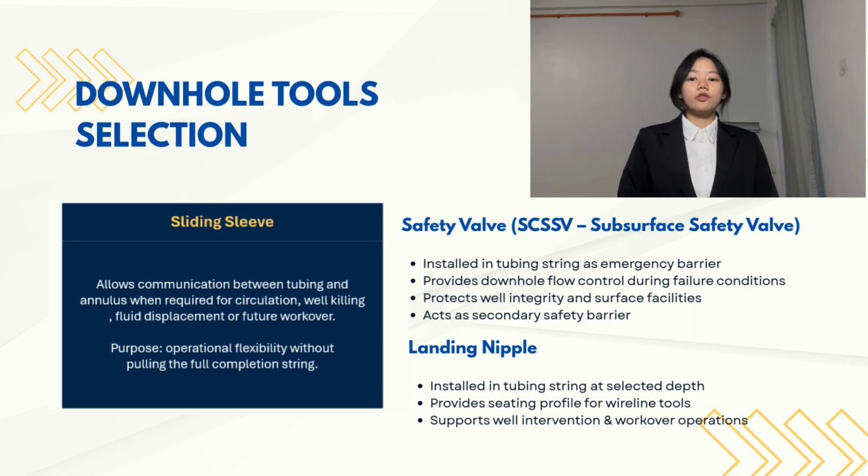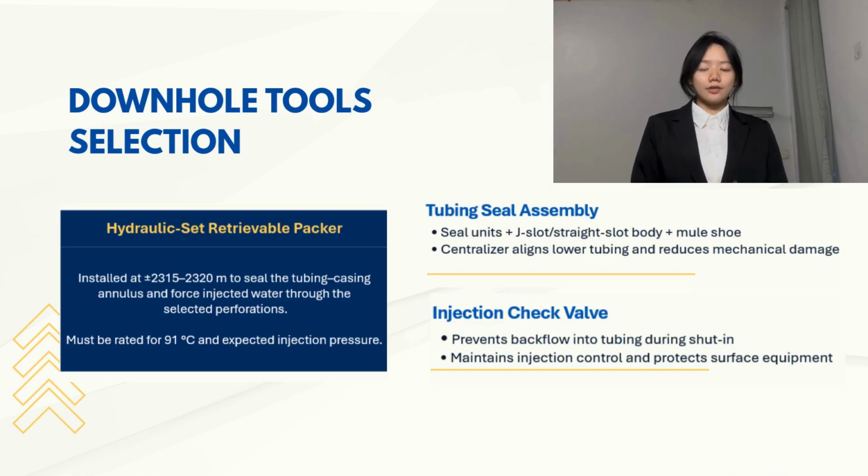Then we continue with the next tool, which is the sliding sleeve. The sliding sleeve will allow communication between the tubing and the annulus when required. It is useful during fluid displacement, well cooling, circulation, or future workover operations. This means we can circulate the fluid without pulling the whole completion string. Therefore, the sliding sleeve will improve the operational flexibility and safety. Then we continue with our main tool, the safety